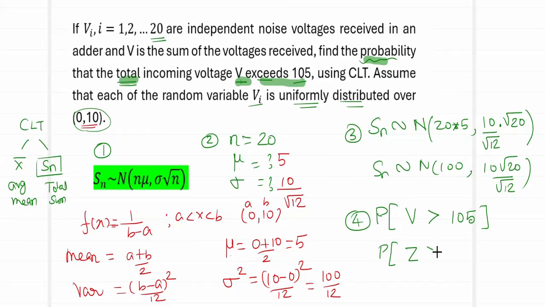So Z will be greater than X minus mu, over sigma. In place of mu, I have 100. And in place of sigma, I have 10 root 20 divided by root 12. So this will be the equivalent conversion from V to the normal distribution. Now substitute the value of X as 105. So the problem, which was V greater than 105, will now get converted as Z greater than